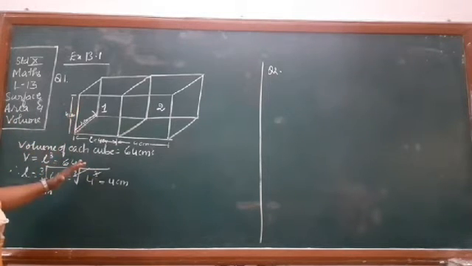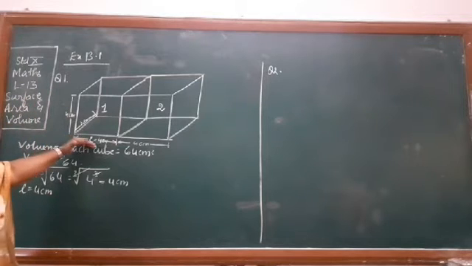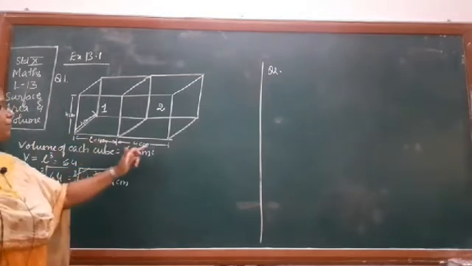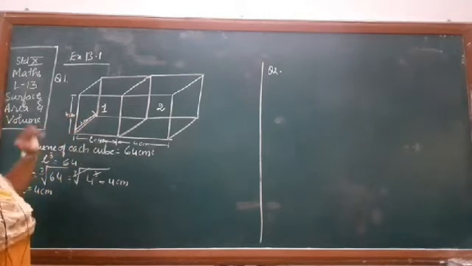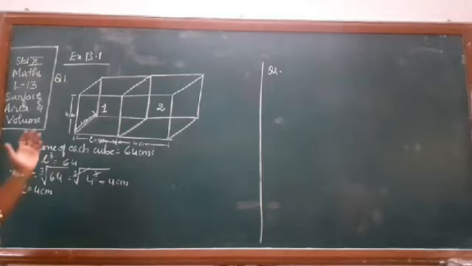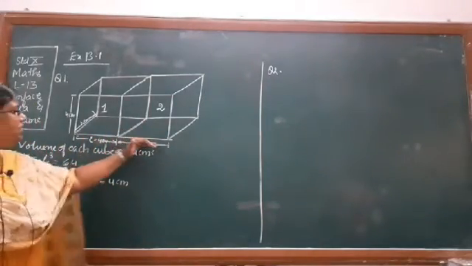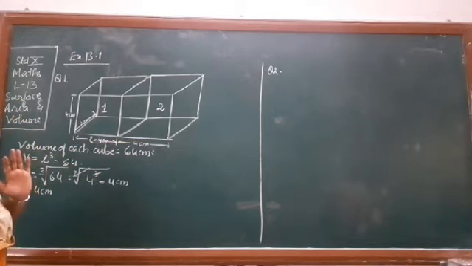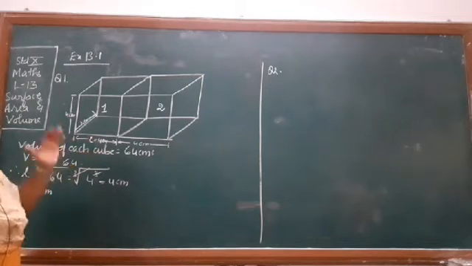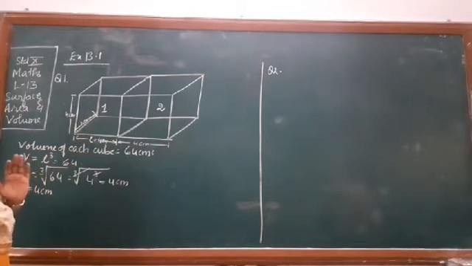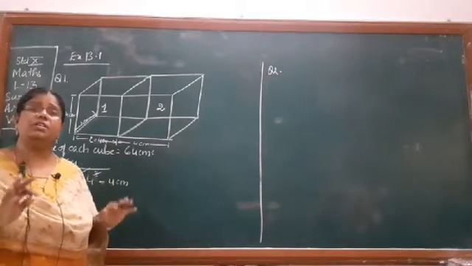So this cuboidal figure has the height 4 centimeter, the length 4 plus 4, it becomes 8 centimeter, isn't it? And the breadth will become 4 centimeter. Here the breadth won't change. Only there will be a change in the length, because two cubes joined to give you a cuboid. Height and breadth won't change. Okay, so then they have asked you to find the surface area of the resulting cuboid.